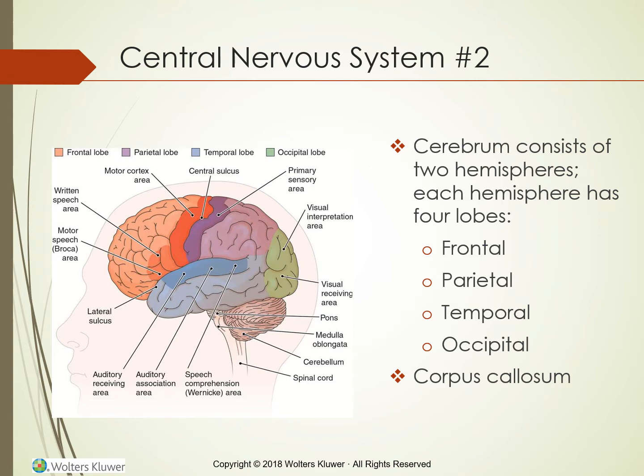The cerebellum, which is located behind and below the cerebrum, controls and coordinates muscle movement. The brainstem consists of the midbrain, pons, and medulla oblongata. The midbrain connects the pons and cerebellum with the two cerebral hemispheres. The pons is located between the midbrain and medulla and connects the two hemispheres of the cerebellum with the brainstem,